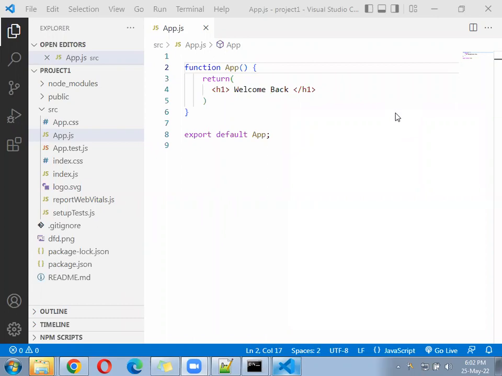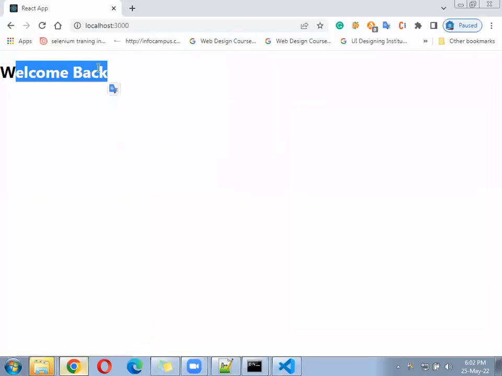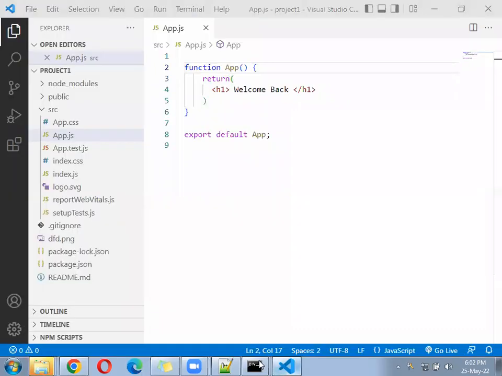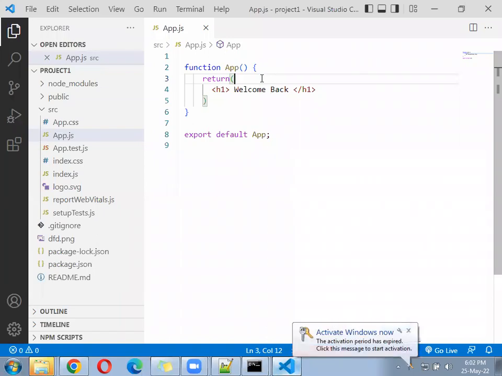Okay, hope you wrote return. Welcome back. Now come to the browser. See here, welcome back is coming. Let's go ahead with the next. How will a compile problem come? Only one function, no? What you wrote? You have not written properly, right? Function App, return, save it.